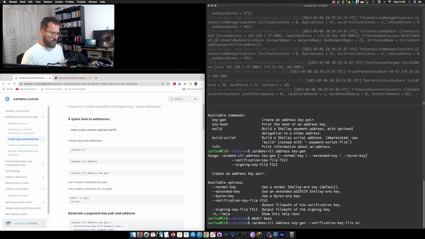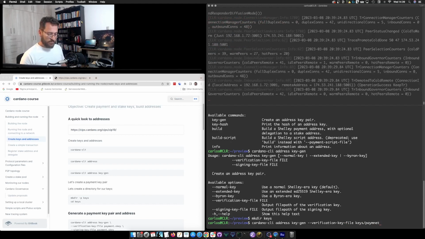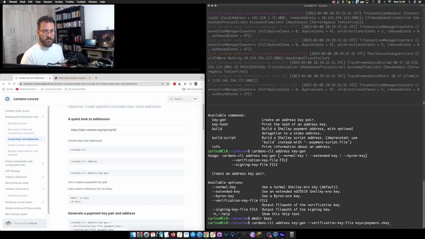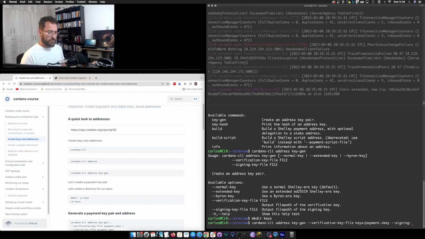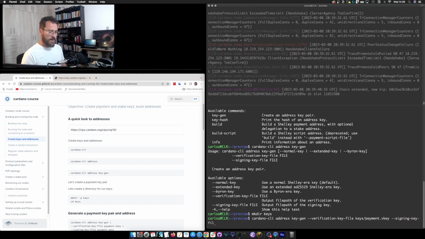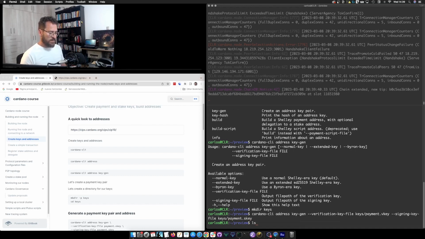And now I'm going to put it in keys, and I'm going to name it payment.vkey for verification key. And now I'm going to use signing key file. Again, I'm going to put it inside keys, and I'm going to call it payment.skey. And this will create